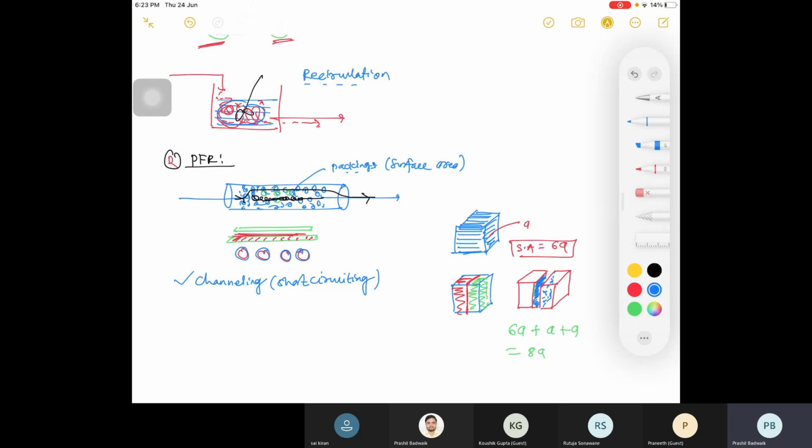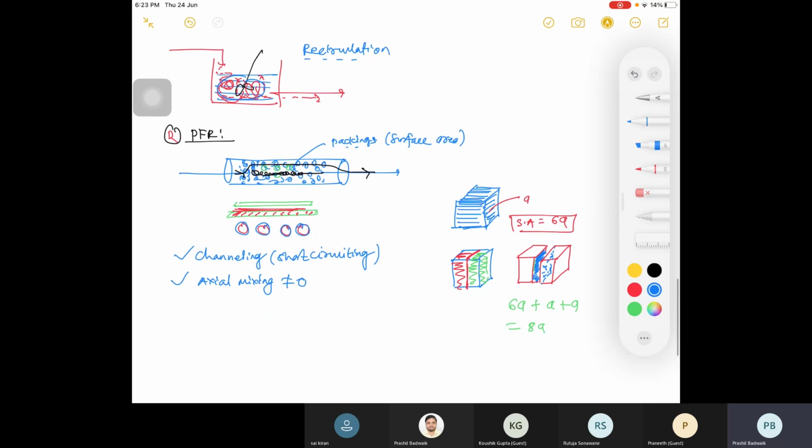I hope you are aware, right? वो react नहीं हो रहा, directly bypass हो रहा है. Second is your, I already told you, axial mixing will be there. So axial mixing is not equal to 0, right? You don't want any axial mixing there in PFR, but axial mixing है, मतलब molecule is vibrating here, right? And if I'm planning to draw, I'll draw like this. This molecule should stay there, but ये क्या होगा, this will be kind of back mixing. ये आगे पीछे होते रहेगा, and because of it will mix with this high concentration molecule, right?